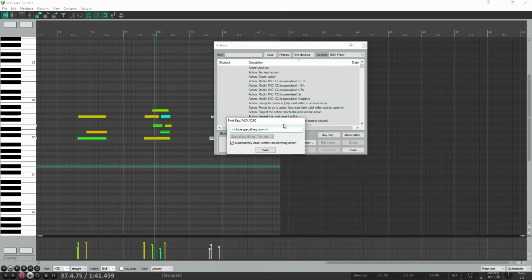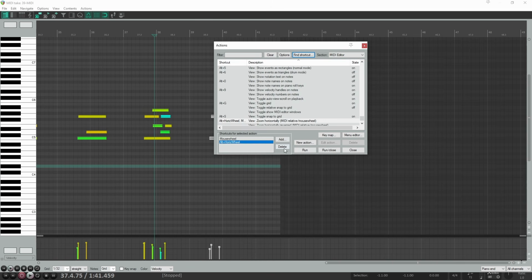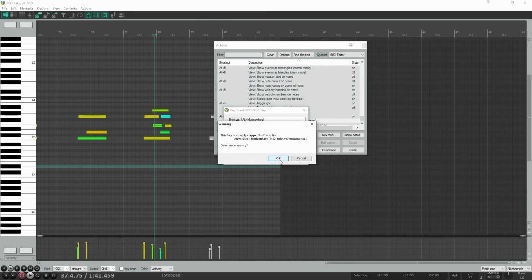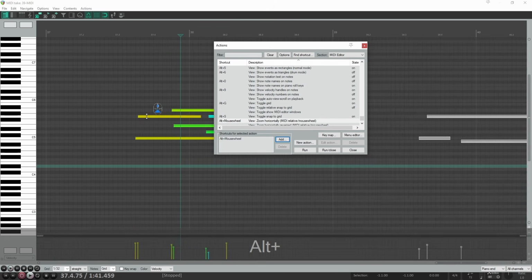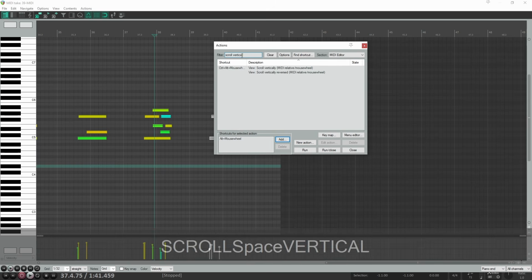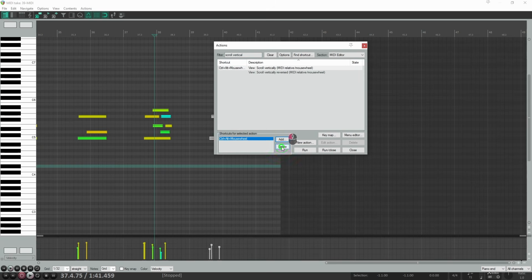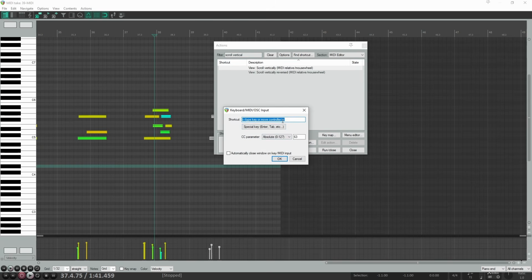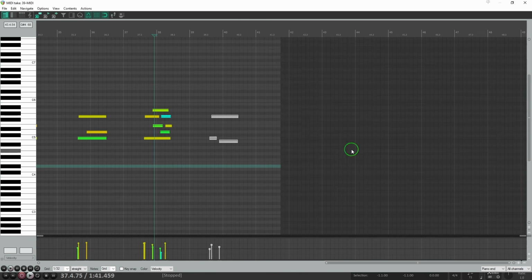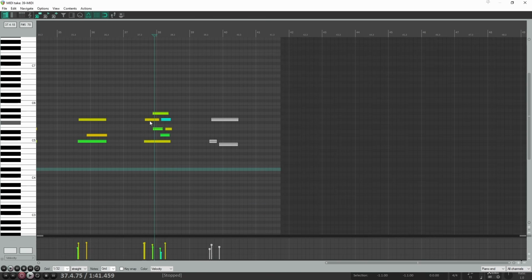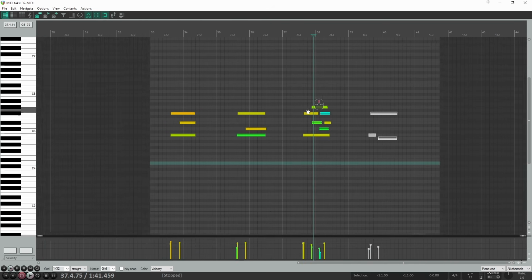Click Find Shortcut, scroll, select the action, delete the shortcuts, and add our own shortcut. OK, and now horizontal zooming works. Now filter out scroll vertically, delete the shortcut, add our shortcut which is normal scroll, and we are done. Scrolling works. Now by default, we can hold down the scroll wheel to do hand scrolling in the MIDI editor,